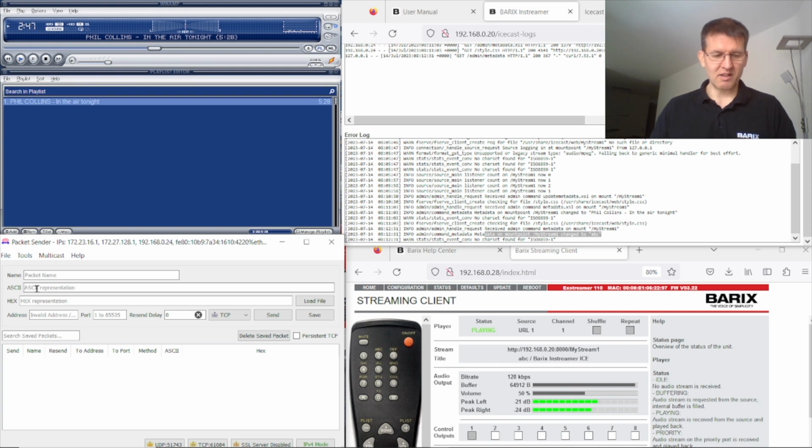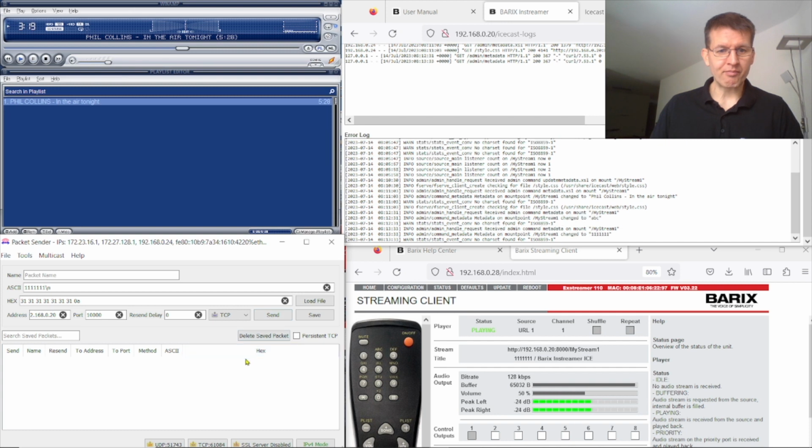So here we define our title, we add a 0A at the end, in hex 0A, and we define the IP address, the port number, and then we can send this via TCP to the InStreamer ICE. And immediately we see here the information we have sent, and even here in the log file.